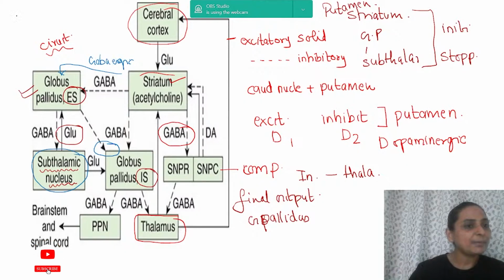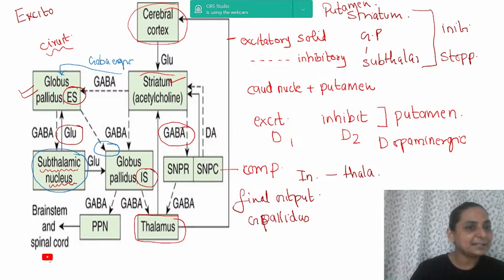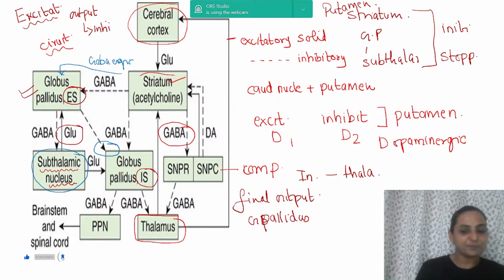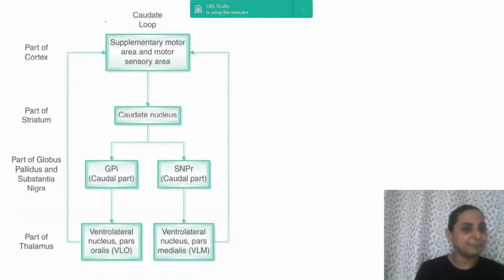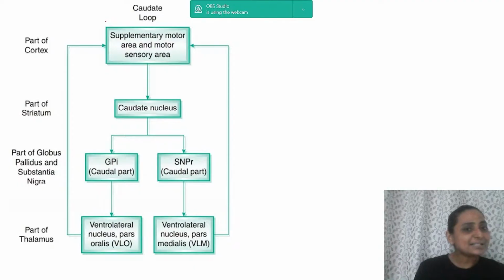So what we have to remember is that the inputs are basically excitatory, but the output from the basal ganglia is basically inhibitory. Okay, the output from the basal ganglia is basically inhibitory. Now let's move into a bit more depth